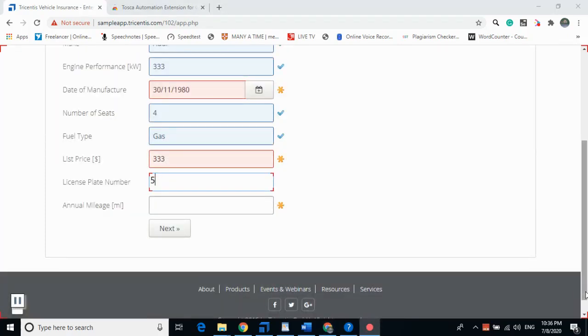License number 3425. Annual mileage 20. Now I have recorded this page.